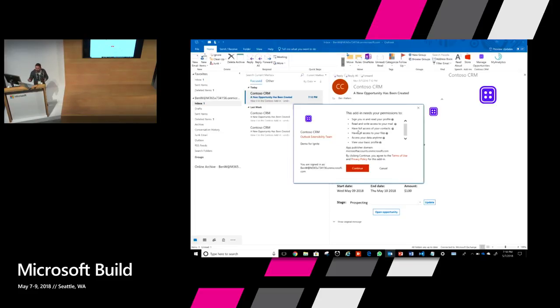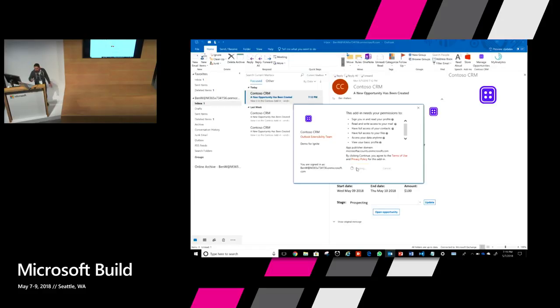So this is the first-time consent screen that is shown to the user. And as you saw, the scopes that I had mentioned in the manifest are shown to the user, asking if you are okay granting these permissions to the add-in. Keep in mind, this is a one-time operation. This is going to happen only the first time a user is logging in using SSO.